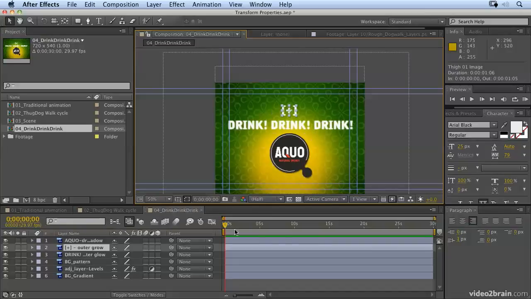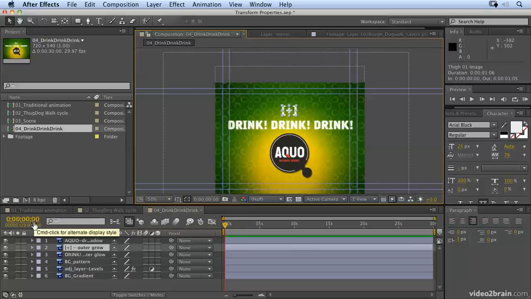And quite often in animation, you want to set your first keyframe where you want it to end. Now, intuitively, you would think you would start at the beginning, but that's not always the case. So what we're going to do is say, I want this to be in this position at